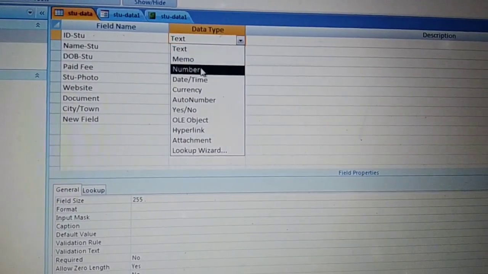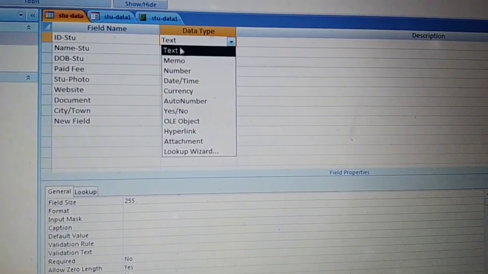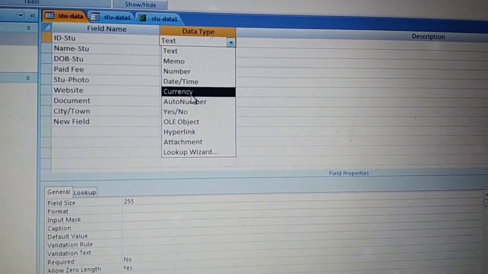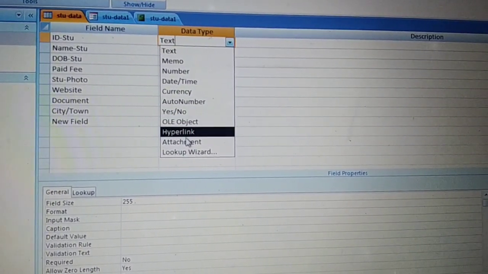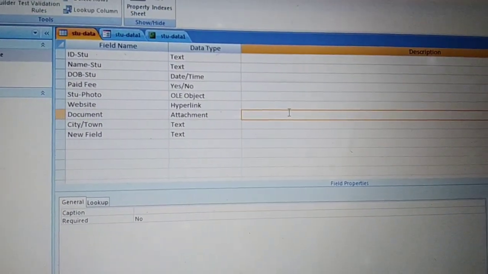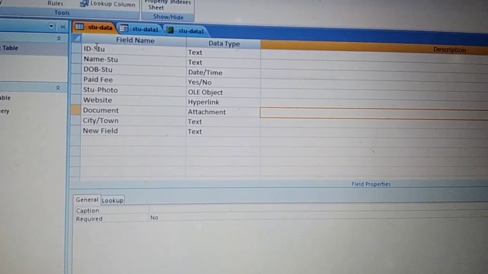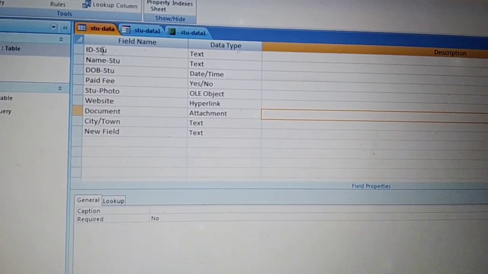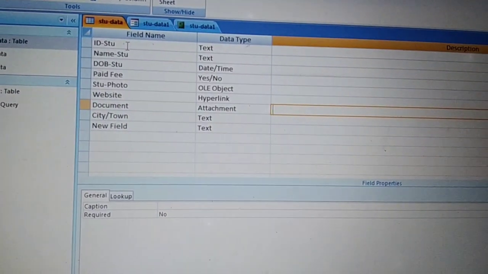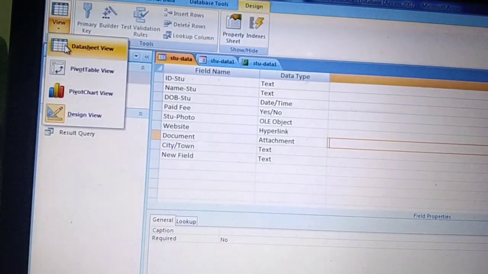These are the data types available in Microsoft Access: text, memo, number, date and time, currency, auto number, yes/no, OLE object, hyperlink, and lookup wizard. I have taken text here because the ID of the student can be a number as well as text. So that is why I will come to the datasheet view.